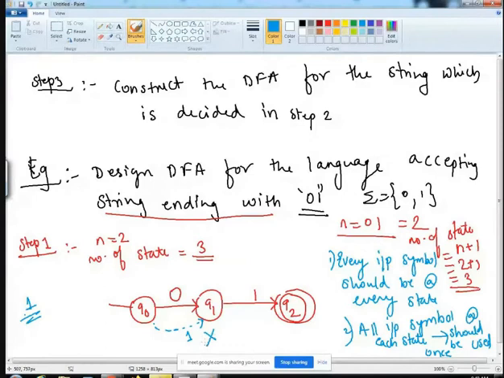No, I cannot place this. Why? Because if the machine moves from Q0 to Q1 and then Q2, the machine will move with 1 as the input, and the machine will go to the final state, which is incorrect. Similarly, if I place it at Q2, this is also not possible.